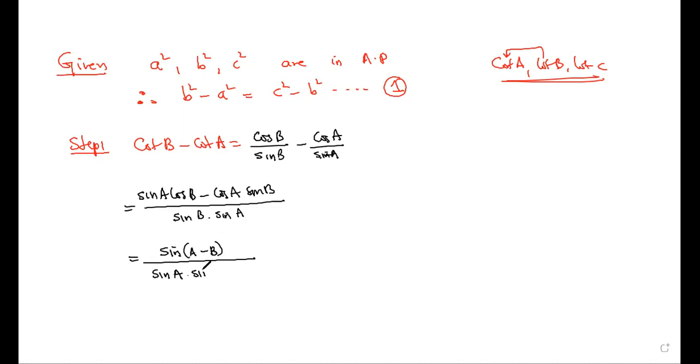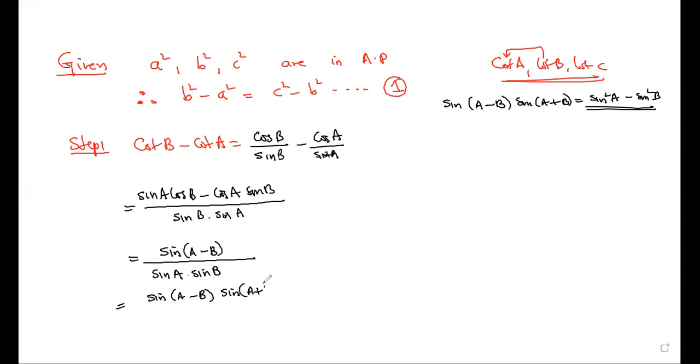So I'll write it in order. If I want to convert into small letters a, b, c, and if you see sin A minus B, what should you do immediately? This formula should come to your mind. With sin A plus B, we can write sin square A minus sin square B. So because of this reason, multiply numerator and denominator by sin of A plus B. Whenever you see A minus B, you have to do this step. This is a standard method: whenever you see sin A minus B, multiply numerator and denominator by sin of A plus B.